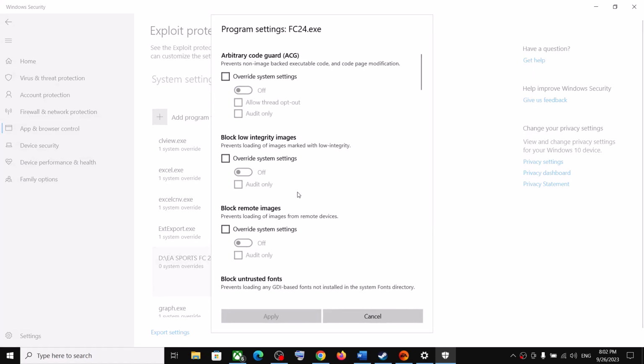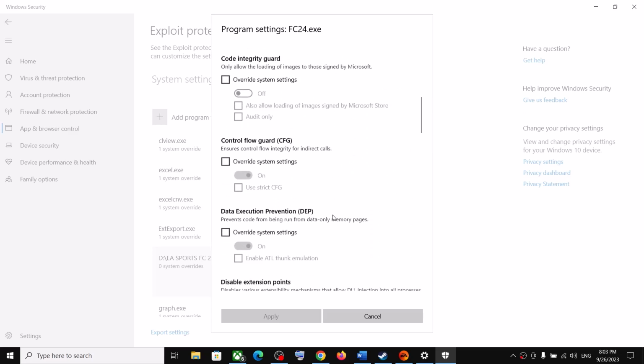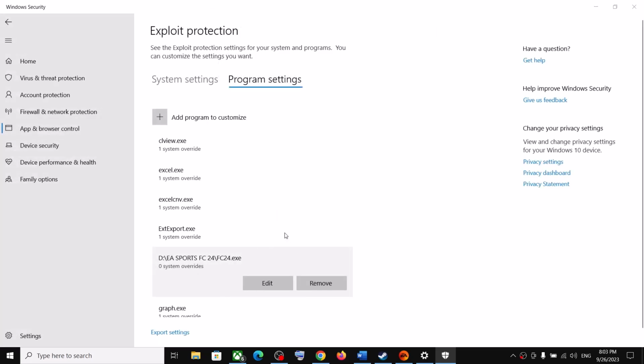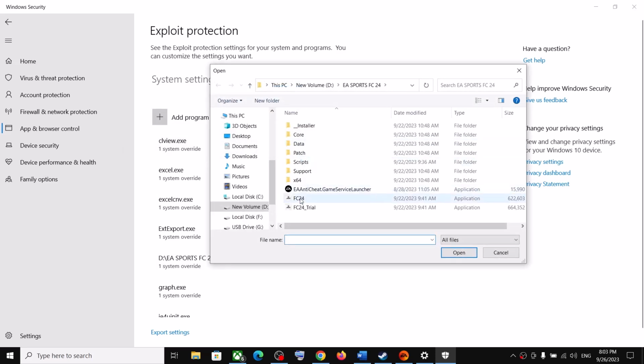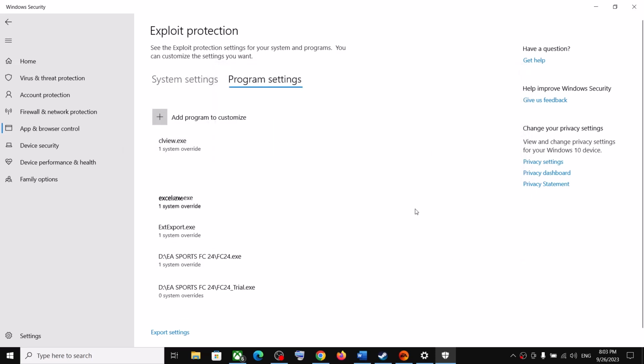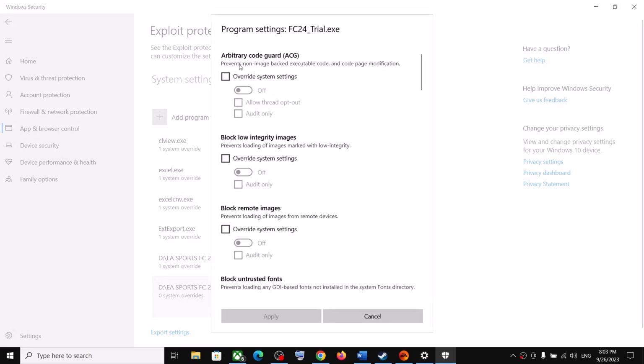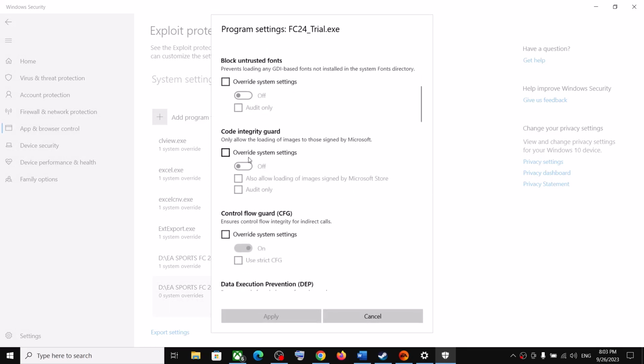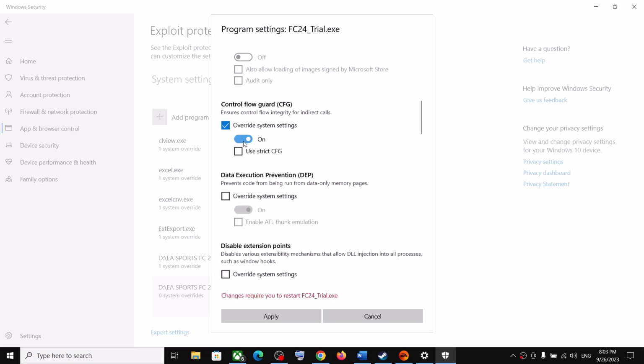Now once the game is added over here on the top, scroll down, and here you can see Control Flow Guard. Put a check on Override system settings and turn this off, then click on Apply, click on Yes. You can do the same thing with the other exe file, that is this one. Then click on Open, and again scroll down and click on Control Flow Guard, turn this off,